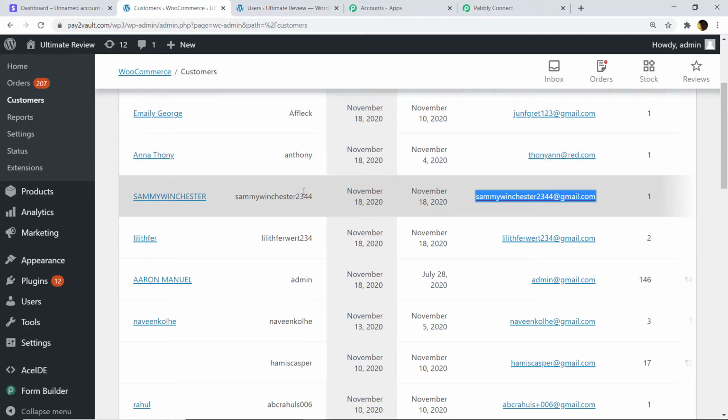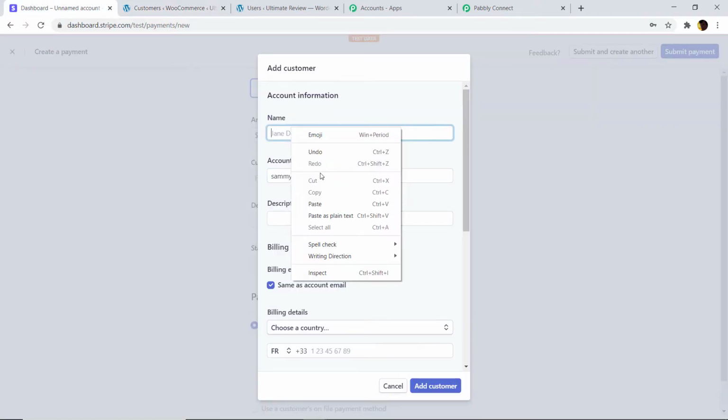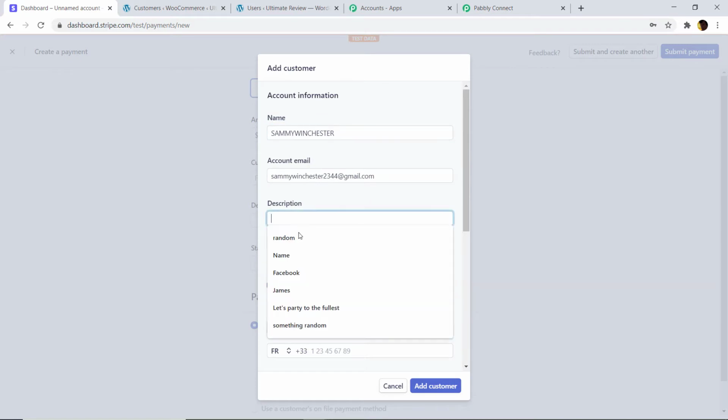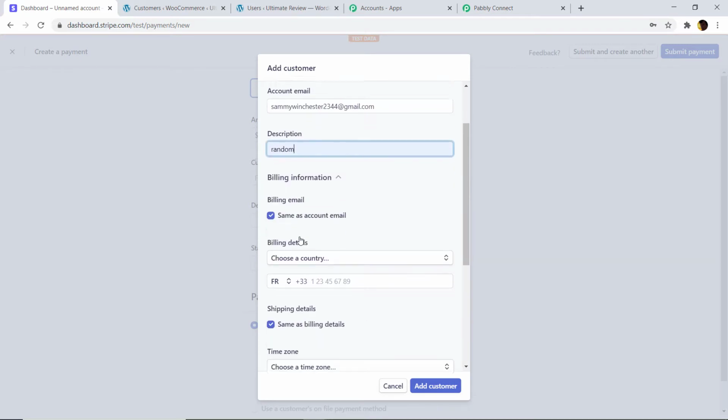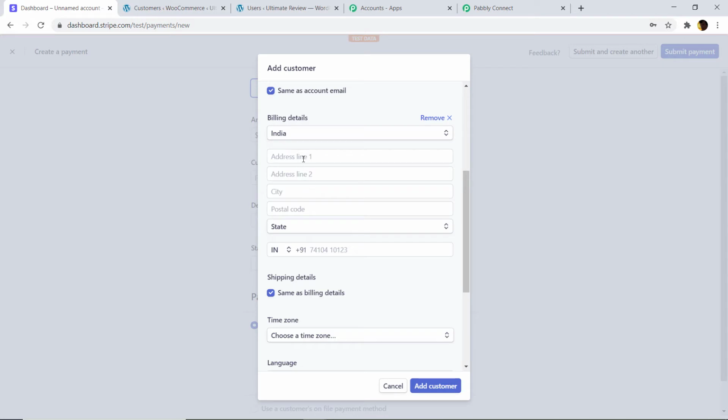Similarly, let's have a look at the full name, that is Sammy Winchester. Simply copy this and paste it here. The description, let's keep it as random. And let's keep the country as India. Okay. So the address line 1 is E105 Ashok Enclave.